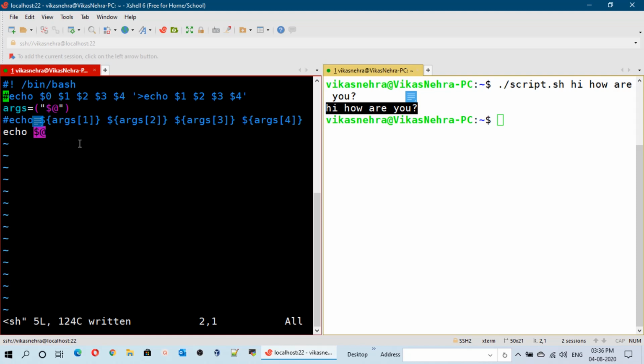Now in case we want to see the number of passed arguments at the output, so what can we do for that? For that we can use one more line in the script like this.